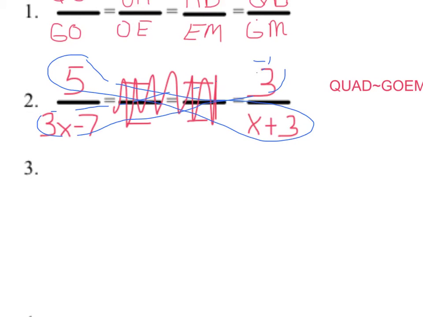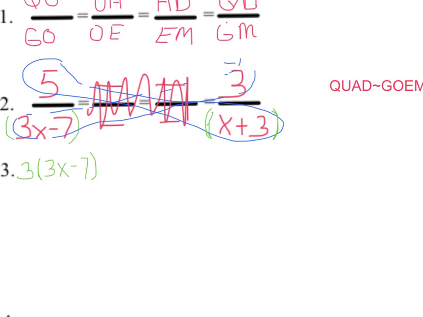We'll take that and go a nice green this time. 3, not to forget our parentheses, that we put there and we put here. 3 parentheses 3x minus 7, close the parenthesis,